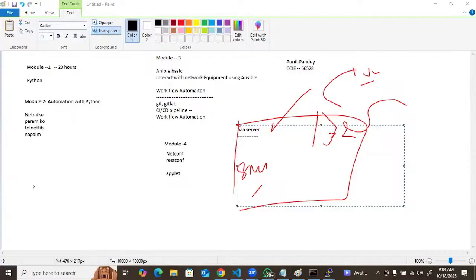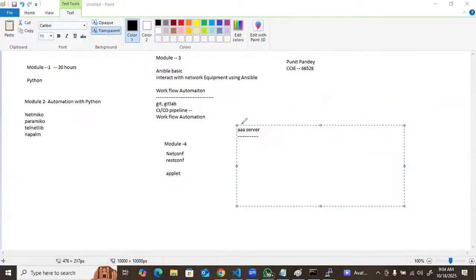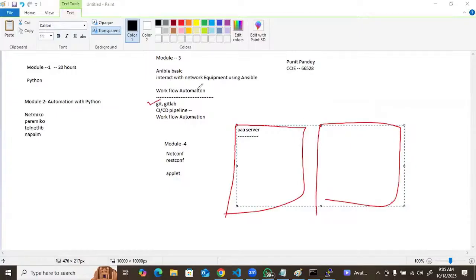It will take from Git. So how can we track that there is a change in the file? That tracking we achieve with Git and GitLab. Every time there is a change, it will be triggered. There is a concept of master repository and local repository.